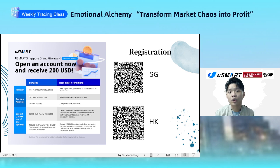And then, if you want to go a little more advanced, which is the vertical spread class, you can go for the Thursday class. That is also the most common strategy that we use and recommend through the apps and in the VIP group. And after that, if you want to know a little more about how to counter a ranging market, you can join the Wednesday class on